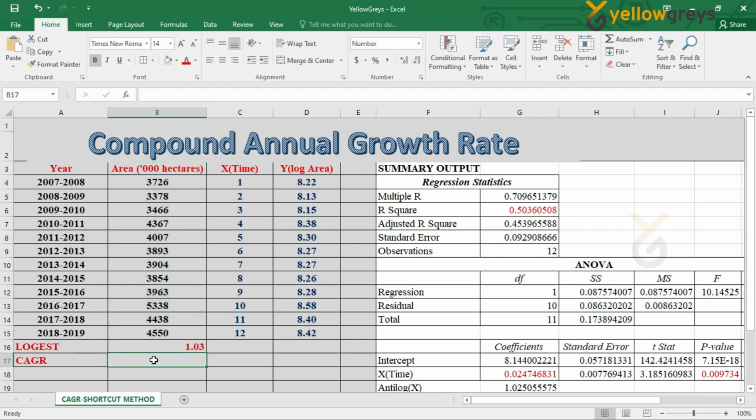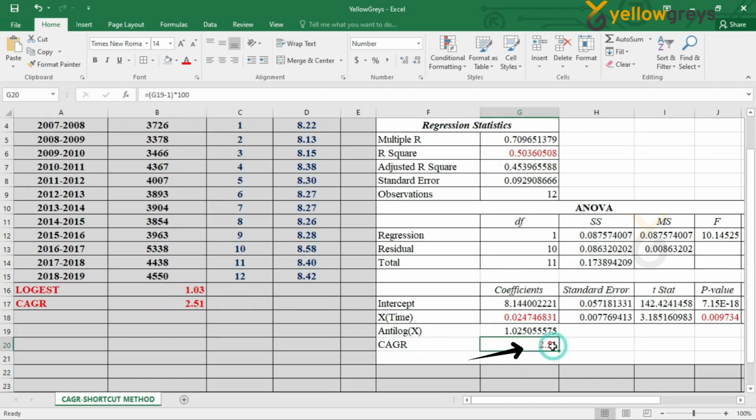Then find out the CAGR value by subtracting 1 from the logest value and multiply it by 100. Let's cross check the regression method and the shortcut method. See, the value of CAGR is similar.